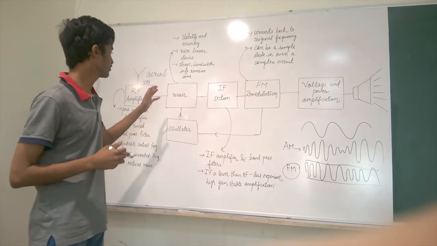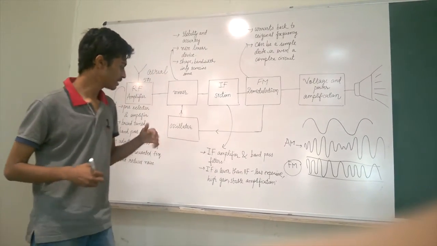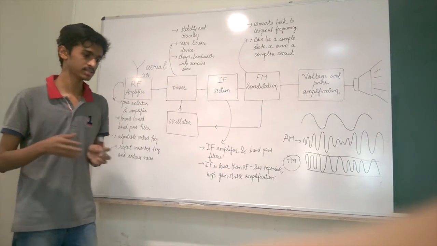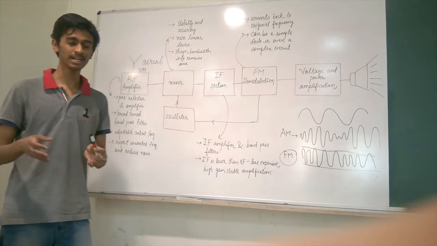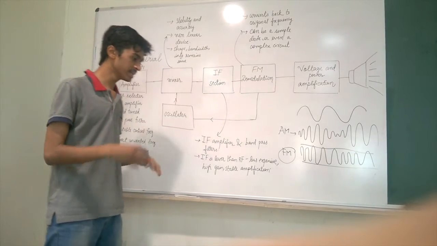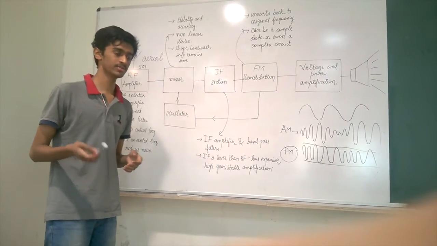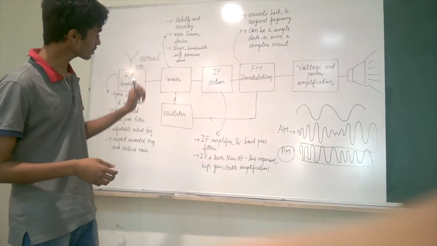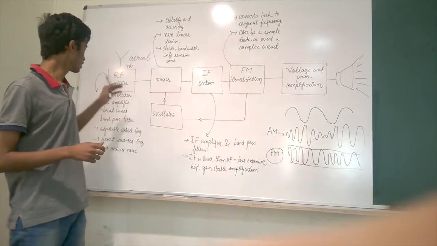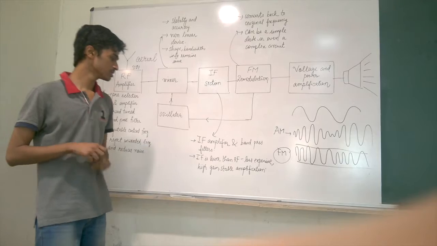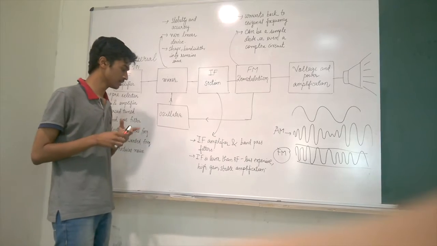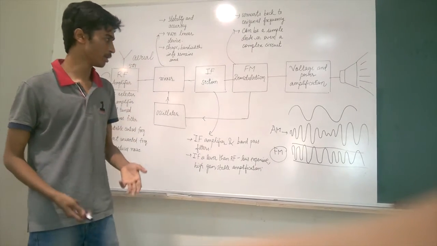After this, the wave is passed on to the IF section, which contains the IF amplifier and a band pass filter. We have various side band waves which we get from the mixer. So the IF section rejects those waves and only acts upon the one which we require, and it also amplifies the wave. The signal in IF has a much lower frequency than the signal in radio frequency because with lesser frequency it's less expensive, and we get stability and proper amplification.